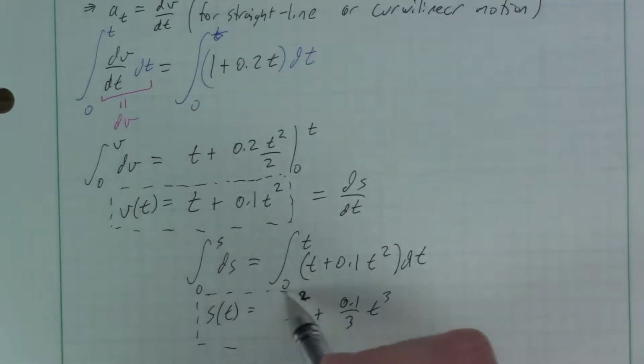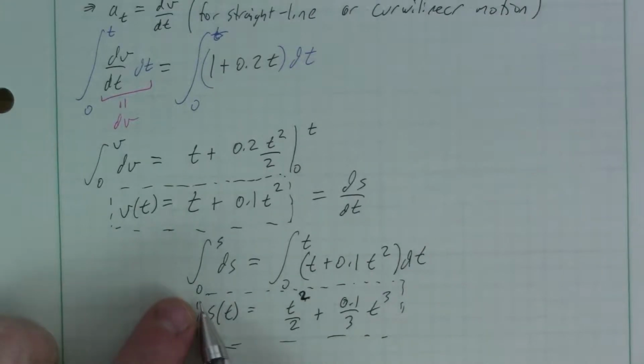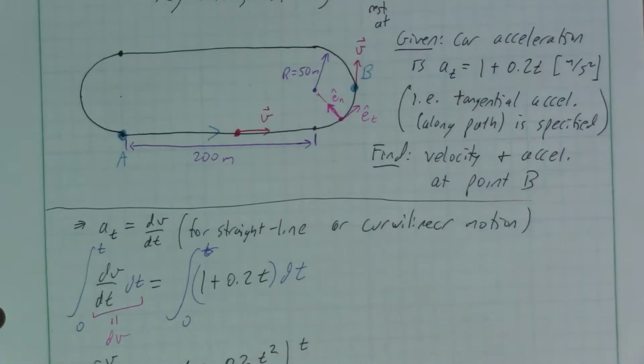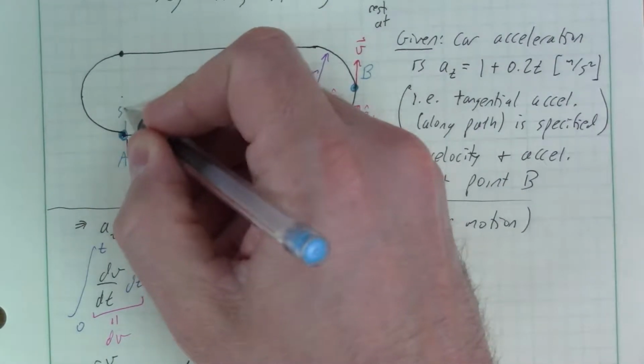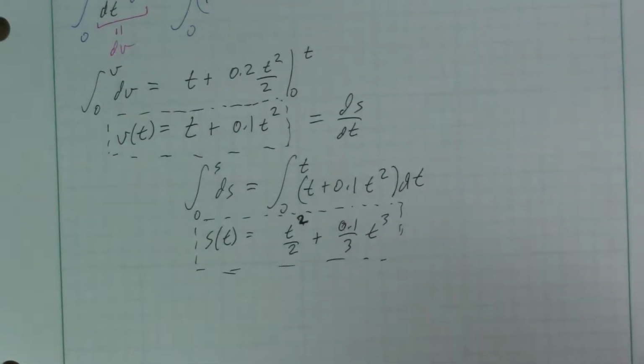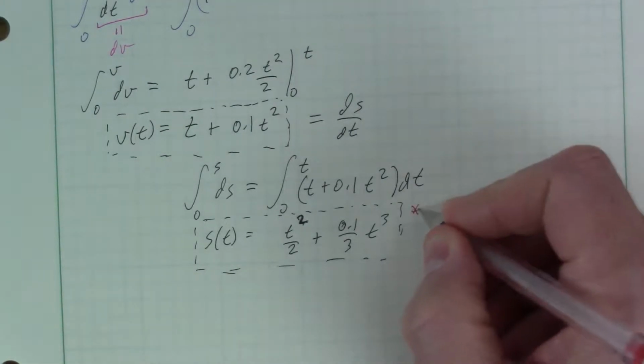We should also say, by imposing that 0 there, what we're saying is the choice for our coordinate s, back to the picture, is right here is our s equals 0 point. A bit of a choice. Convenient choice, wouldn't just make life harder to do anything else. Okay, what we have here is the total distance traveled